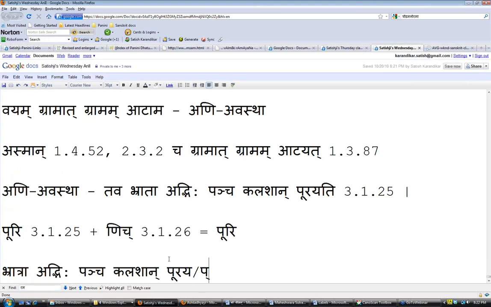I don't see any problem with that. I don't see it in the list of 81, 3, 86, 88. So we'll default back to Nichascha. So Puraya or Purayasva. So Bhratra Adve. Interesting. We have two Tritiyas now. One was the Anikarta, so Bhratra. The other one is like the Karanarthi, so Adve. Bhratra Adve Panchakalashan Purayatva. Okay, let's look at the next one.